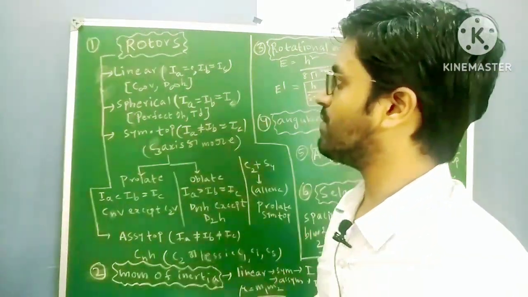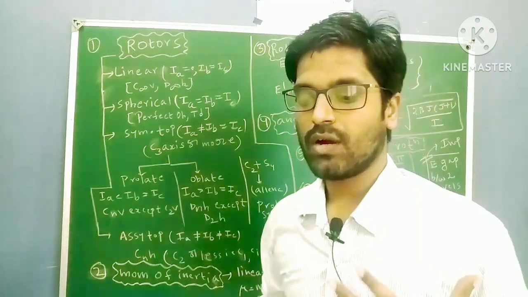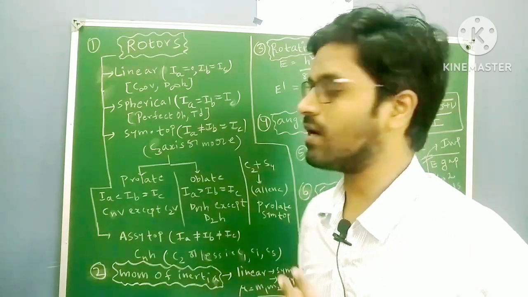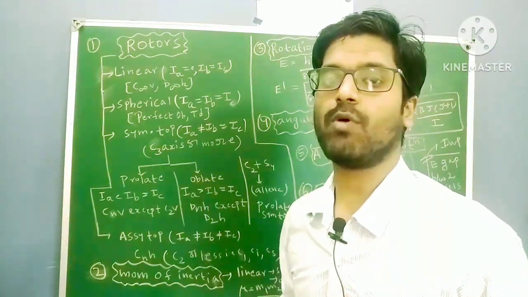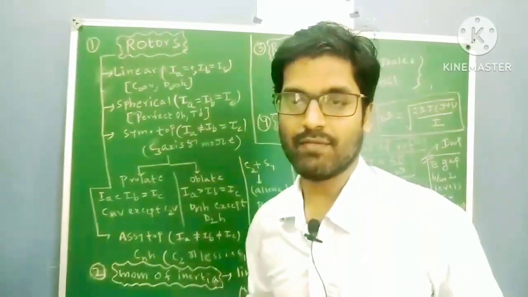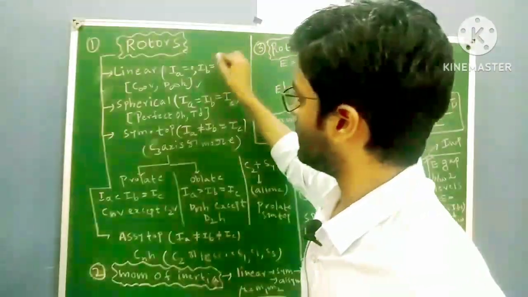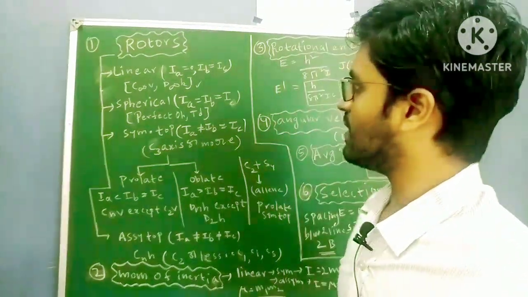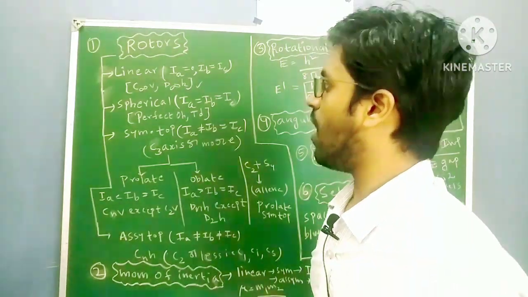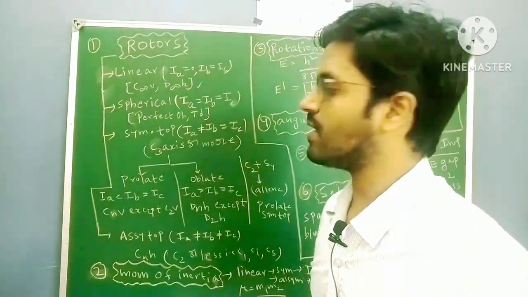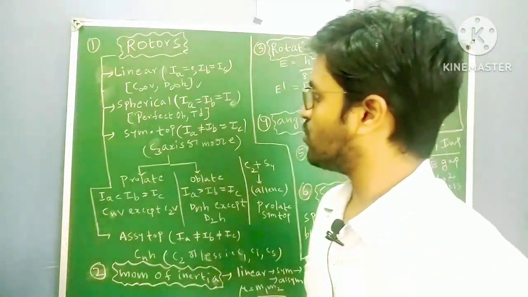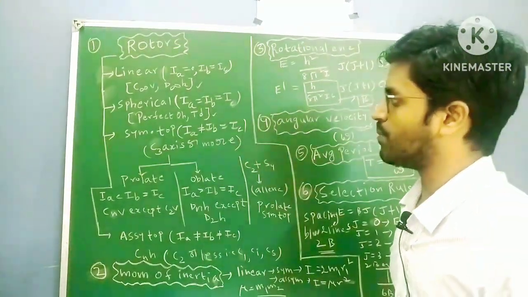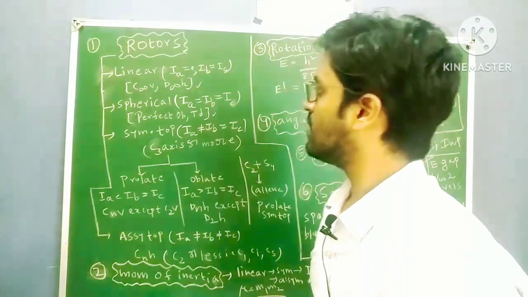How can you identify whether it is a linear rotor or not? You have to have an idea of point groups. This is the simple way to identify a linear rotor or spherical rotor or anything. If the molecule is C infinity v or D infinity h, then it is a linear rotor. Next, the spherical rotor: Ia = Ib = Ic. If the moments of inertia in the A, B, C directions are all the same, it is a spherical rotor. The point group should be perfect octahedral or tetrahedral. Molecules with perfect octahedral or tetrahedral point groups come under spherical top molecules.